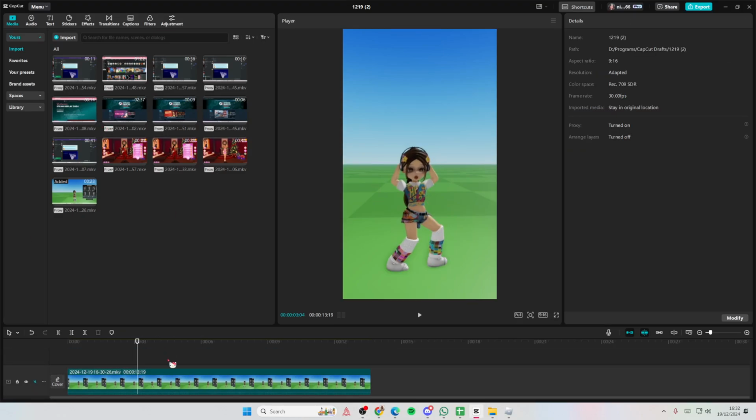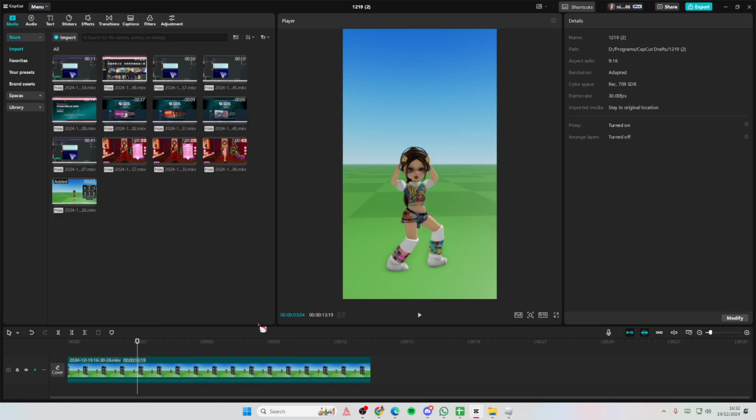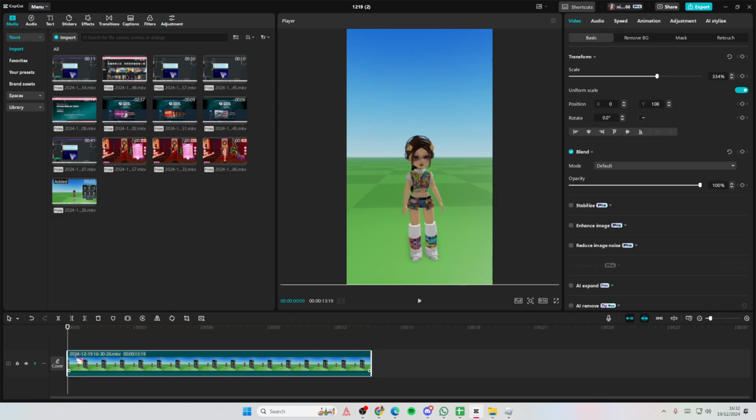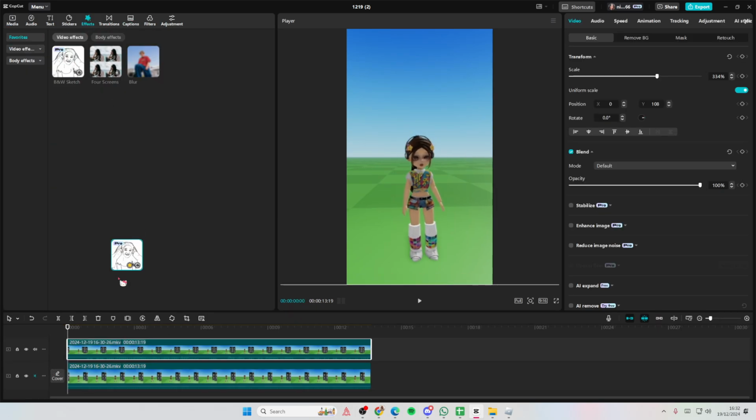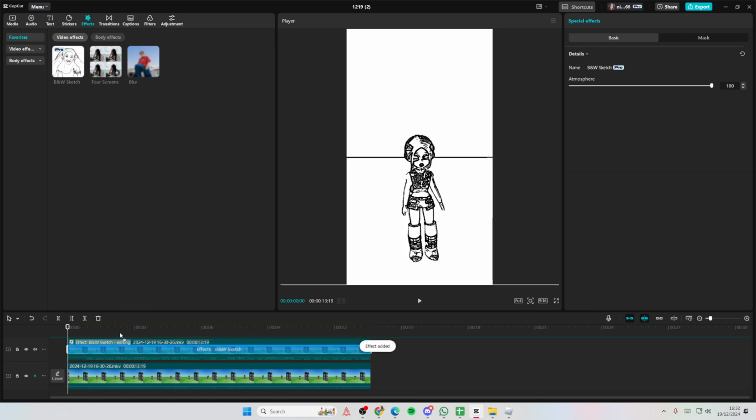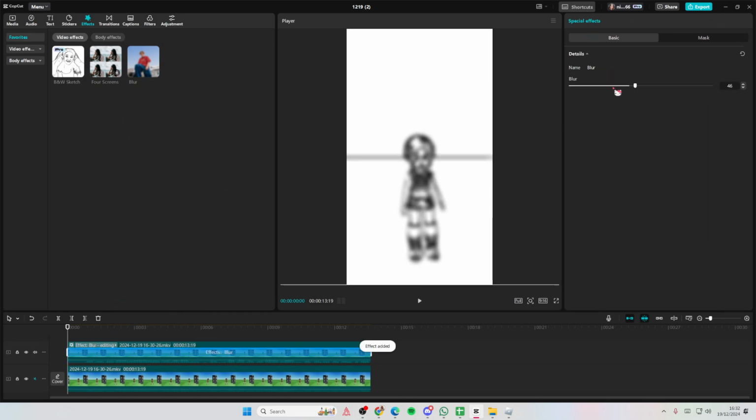In this video, I'll be showing you guys how you can create Roblox shaders on CapCut PC. So copy and paste your videos and then go to the effects section, add in the black and white sketch. Then you're going to add that blur. Then I'm going to